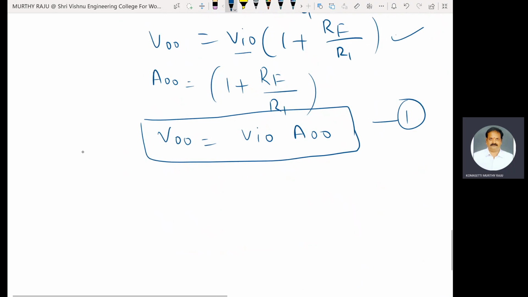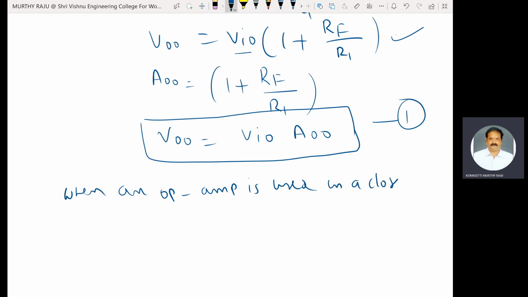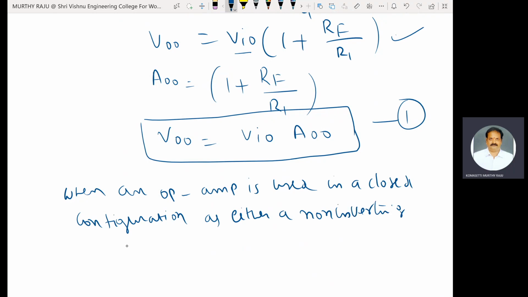When an operational amplifier is used in a closed, that is feedback, configuration as either a non-inverting or inverting amplifier,